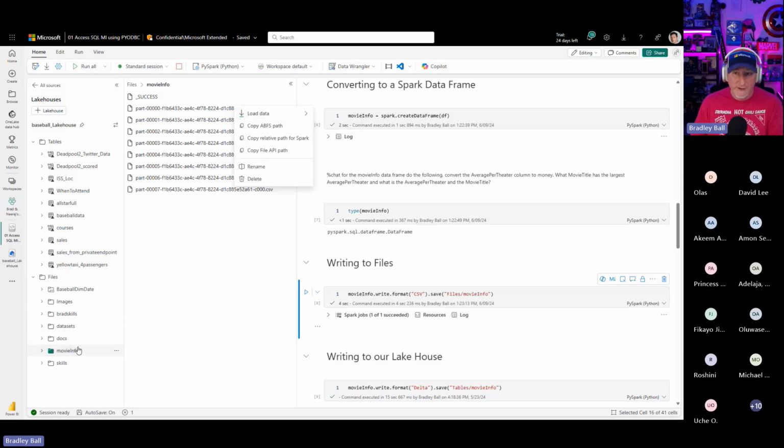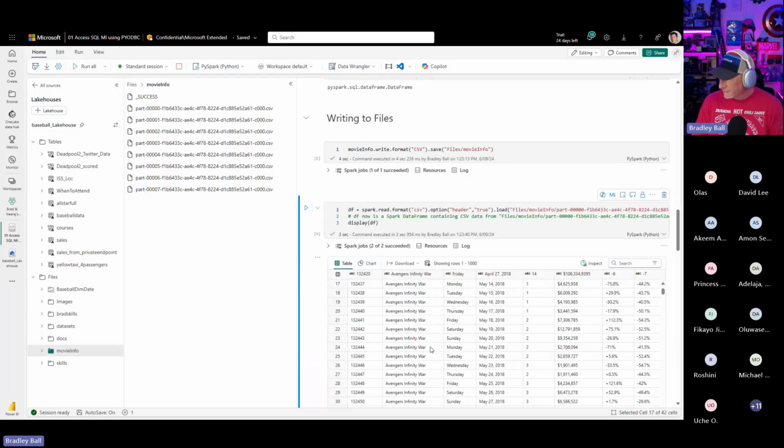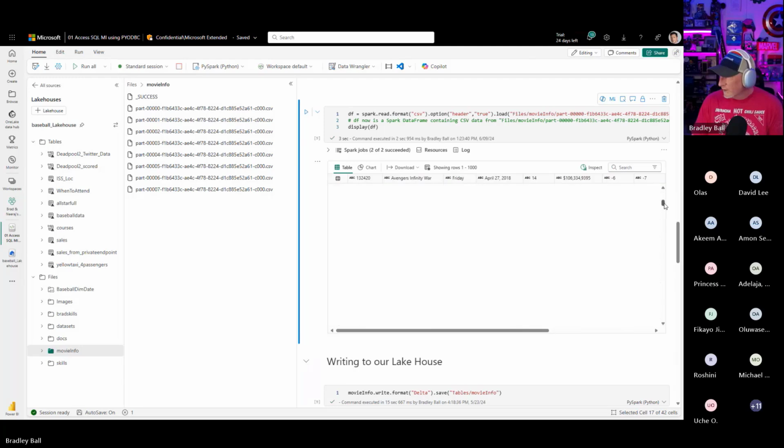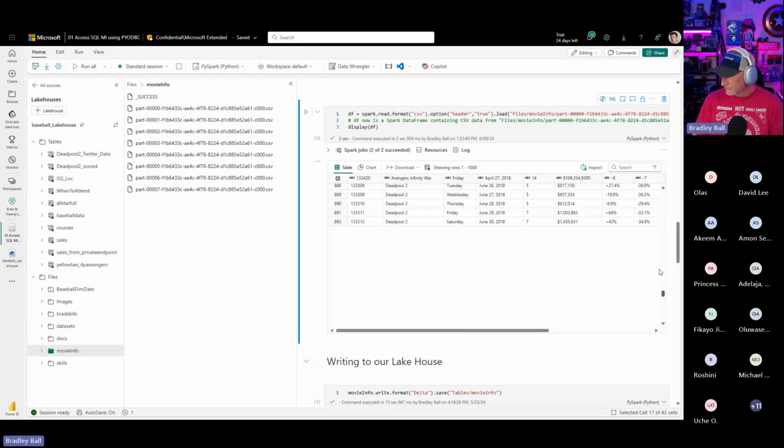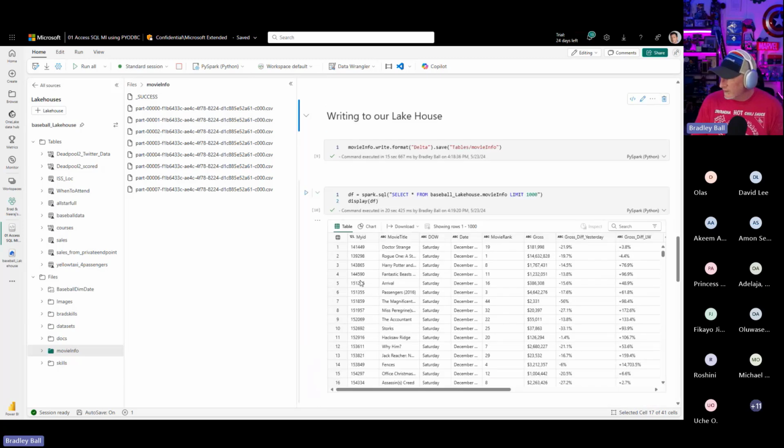And if I wanted to, it's really easy. If I had flat file data that I wanted to read, I could actually say, load this into Spark. And it would load this data and it would read it for me. Just at a right click, right? I didn't have to write any code to do that. And you can see here's a lot more data around Infinity War. I've got Endgame, Black Panther, Incredibles 2, a whole bunch of movies in there. And that's just one of those things I can do. Now let me pull that out.